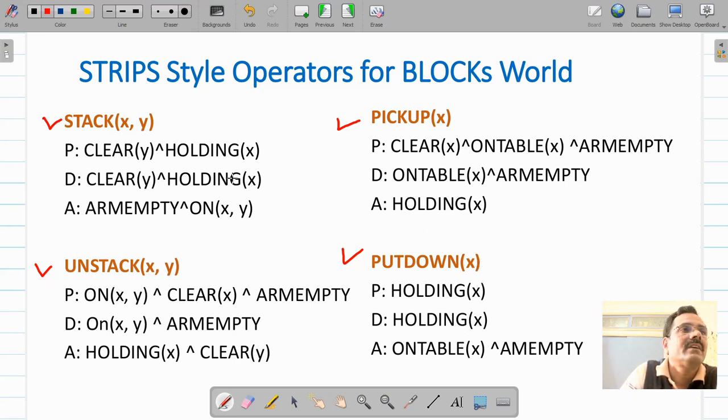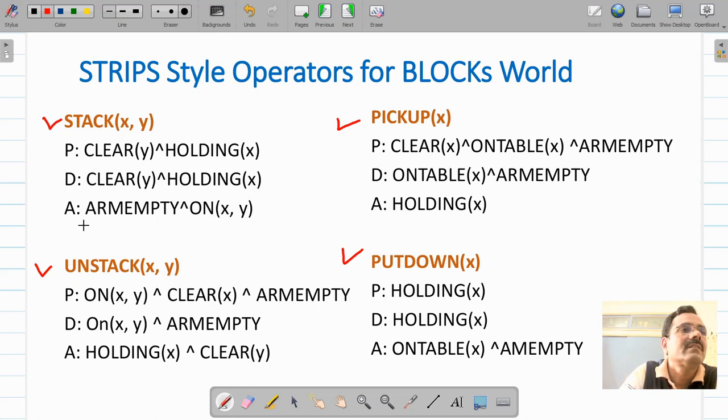So let us find out what are the requirements for each operator. Stack x y, that you have to put x on y. So y should be clear. There should be nothing on block y, and your arm should be holding x. Those are the preconditions required to perform stack x y. If you perform this operation, at the end your arm will be empty and block x will be on block y.